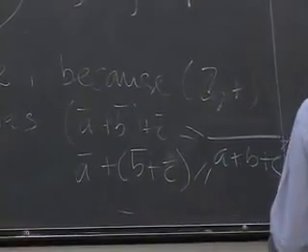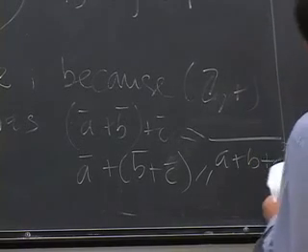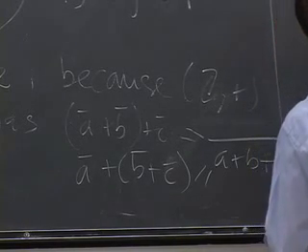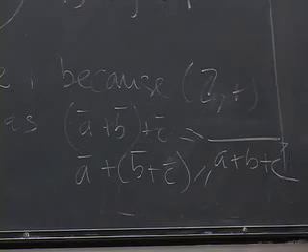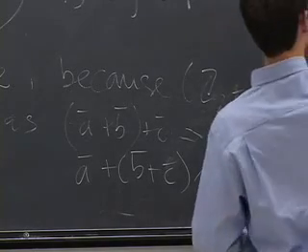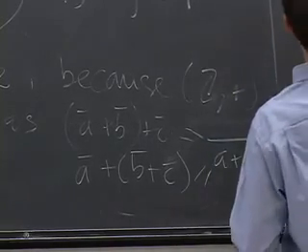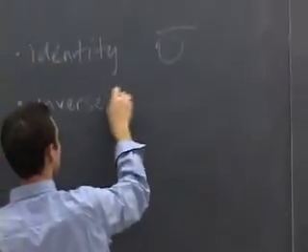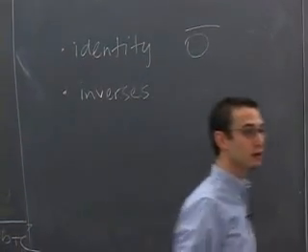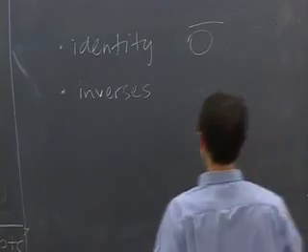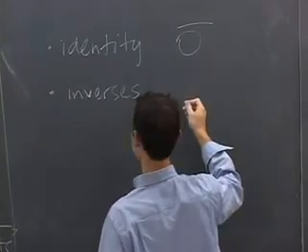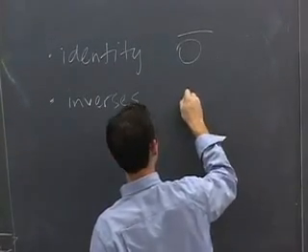The thing has an identity element. What is it? The class of 0. It has inverses. Sorry? N minus A bar. Absolutely. There are a couple of different ways of writing it. So the inverse of